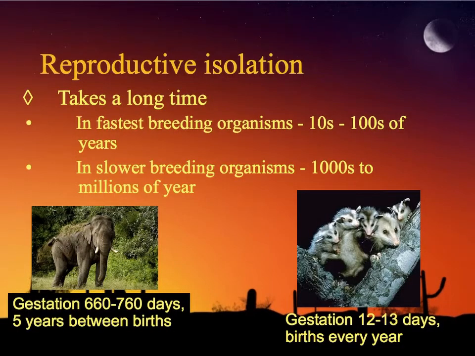Reproductive isolation takes a really long time. In fast-breeding organisms, where the gestation is a really short period of time, gestation meaning from the time they get pregnant to the time they have new offspring. In these possums here, you can see it's 12 to 13 days, and they have many births a year. Whereas in an elephant population here, gestation is a couple years, and so they have a birth every 5 years